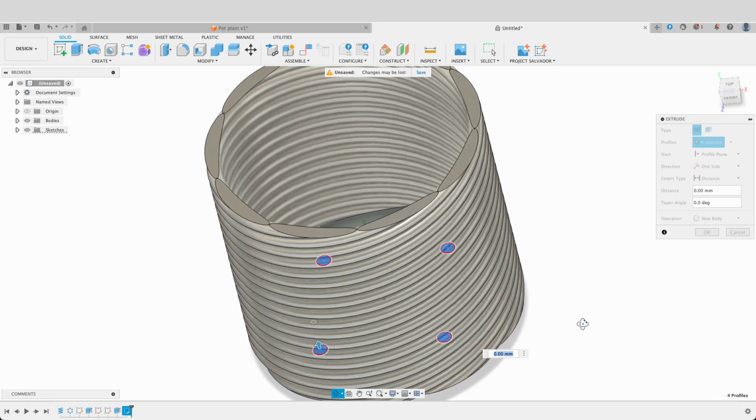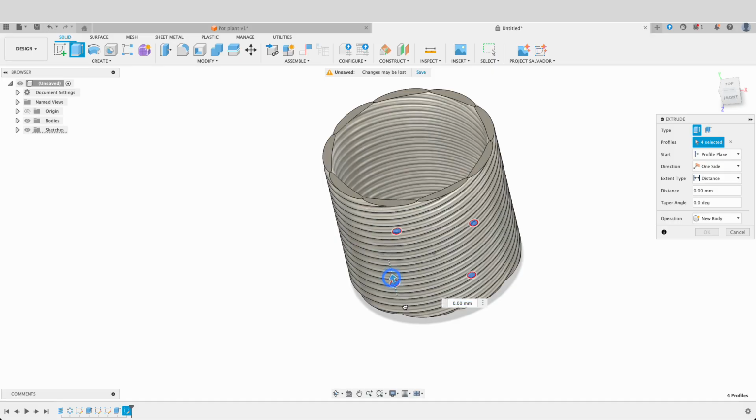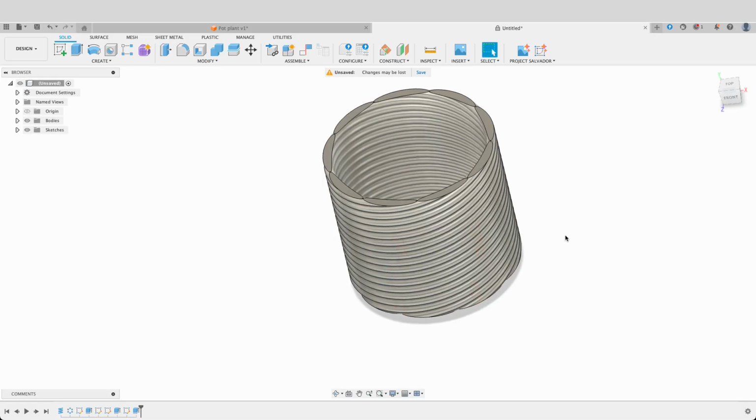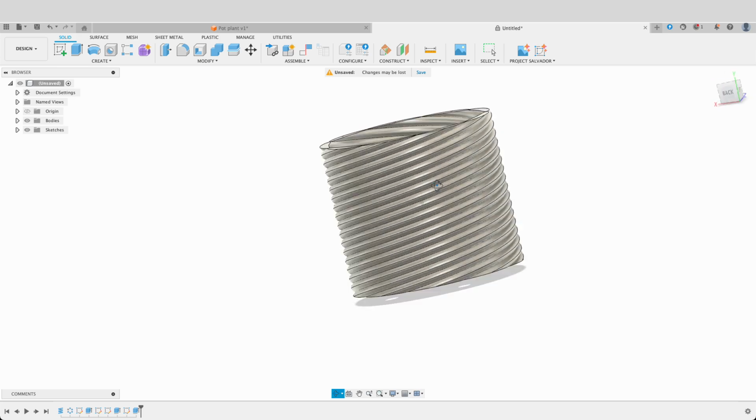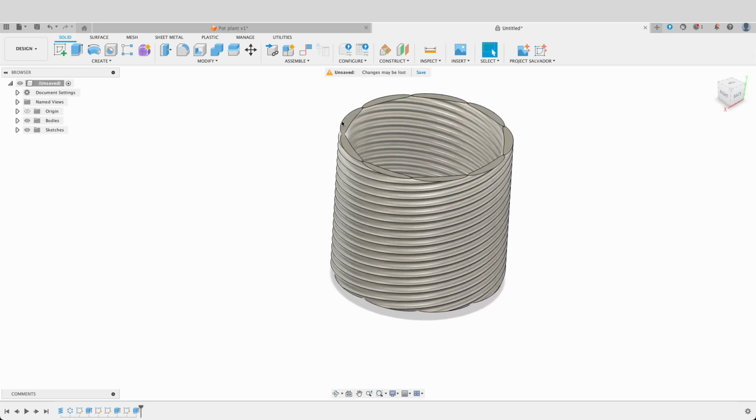This will be for drainage if we've got our little pot in there. We can put the soil directly into this. And there we go. So we've got our holes. So that looks kind of cool. But what I want to do is have a nice little brim around the top so we don't have this